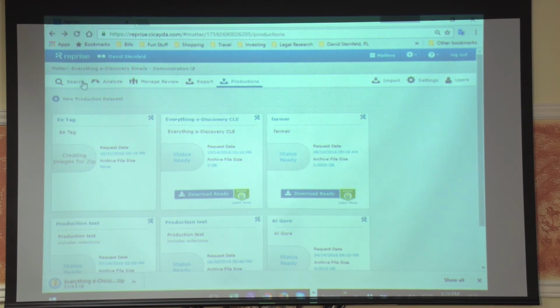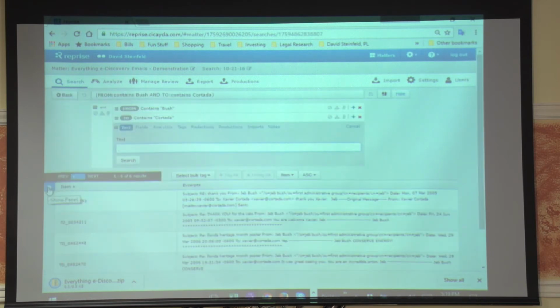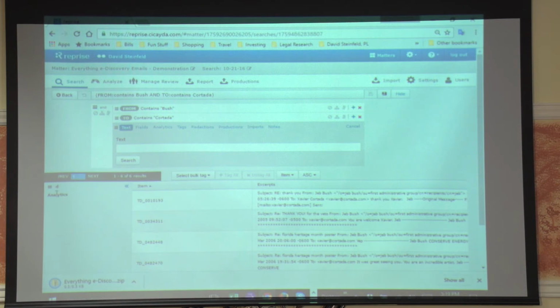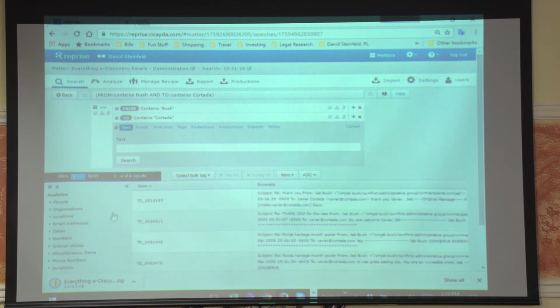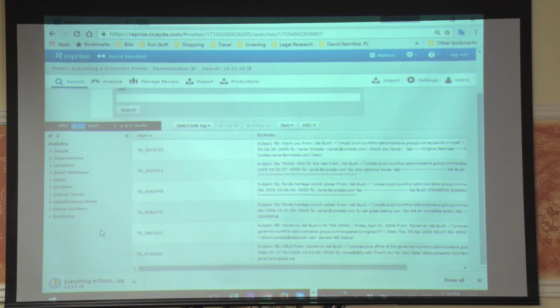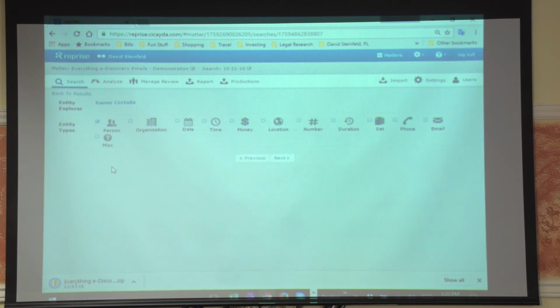So let's go back for a second and look at what we were looking at earlier with these names and these analytics. We expand out this little bar on the left, and we want to go into the analytics. So let's look at the people. When we click on the tiny little icon there, we bring up this whole list, and it gives you the analytics for this grouping of 4 documents. So if we want to say, well, let's go with people because we're talking about this Xavier Cortada guy. If we click on that, it brings up the documents. But if we click on this little icon here,